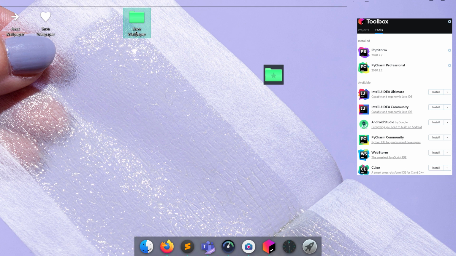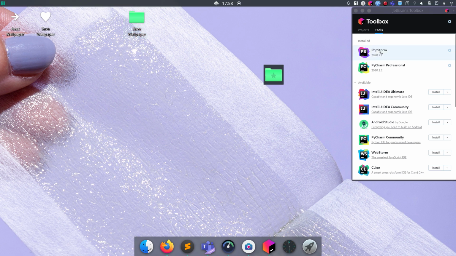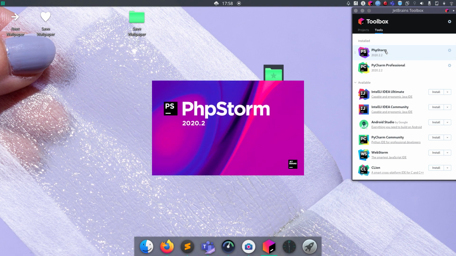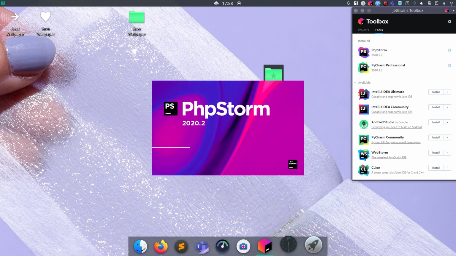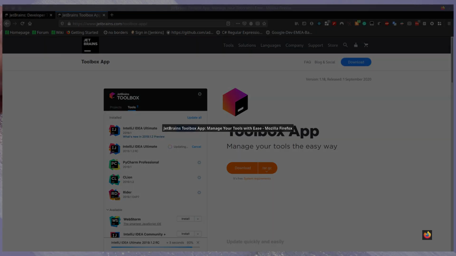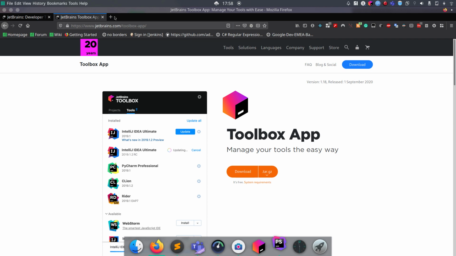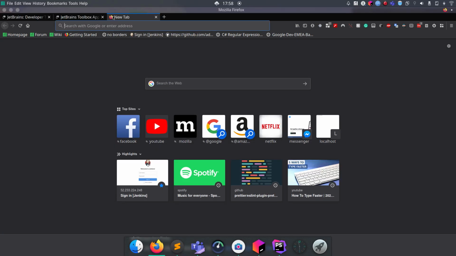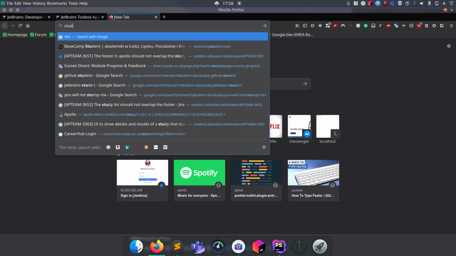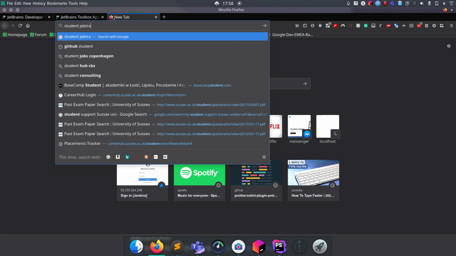Basically afterwards it asks you for a product key, which you probably don't have. So you can obtain a product key by buying PHP Storm, but if you're a student,